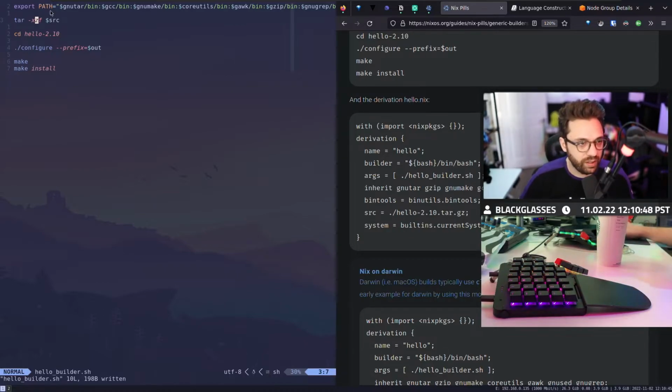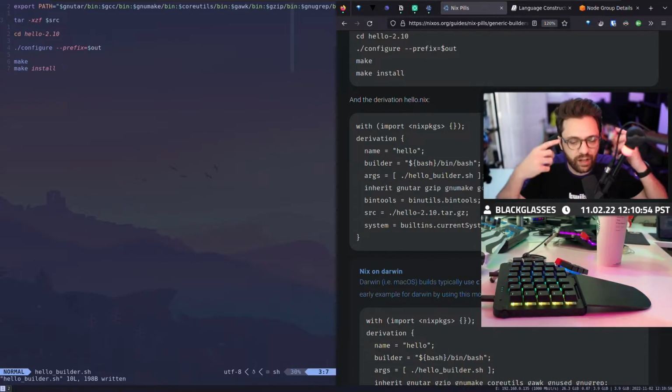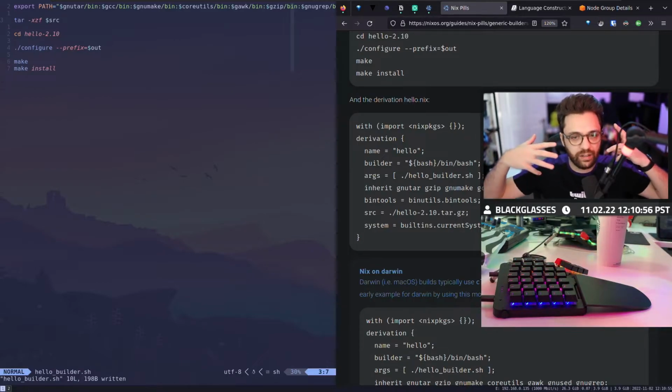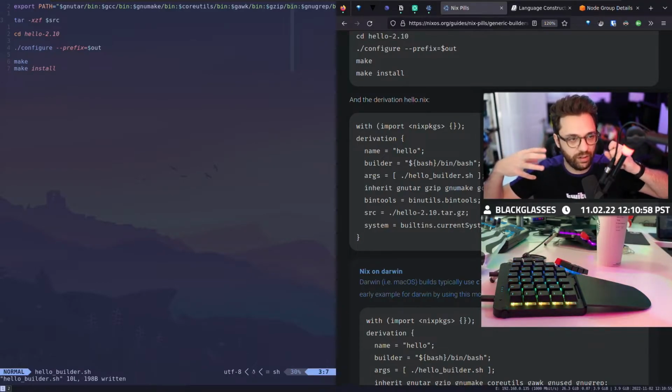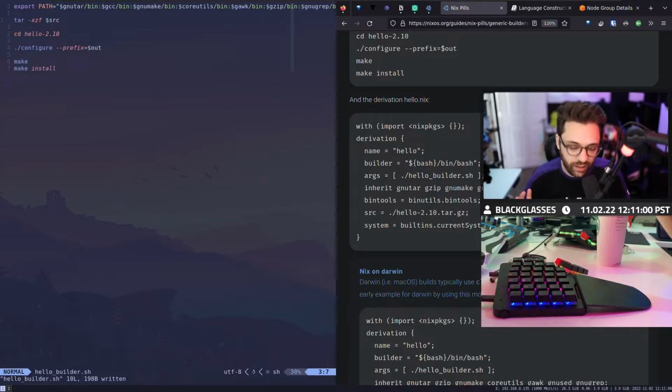But because we cd into hello-2.1.0, obviously if there's anything else named that, it wouldn't work, right? So this is where you've got to connect the dots a bit and understand what Nix is really trying to do in comparison to Docker. Docker just simply says, here's a bunch of steps, copy and paste these steps and do it. Nix is saying, no, we're going to make well-defined configurations and you're going to pass parameters that you define what you do with.